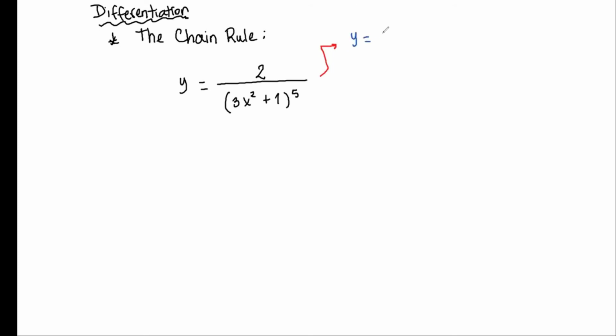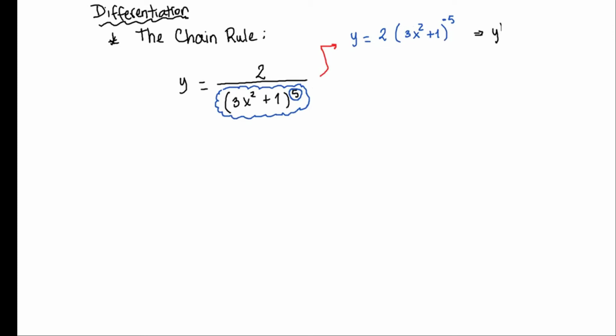So we are going to have y equals 2 times (3x squared plus 1) to the minus 5. Why minus 5? Because if you take all this up and it's multiplying that number 2, you have to change the sign of that 5. So you change it here, and that's how you get this function rewritten. So you can solve it like this: y prime equals